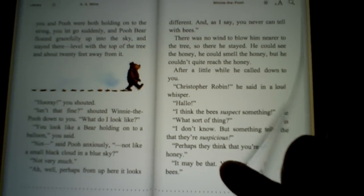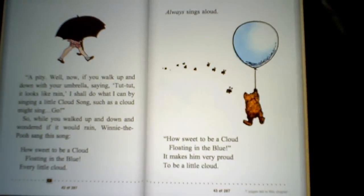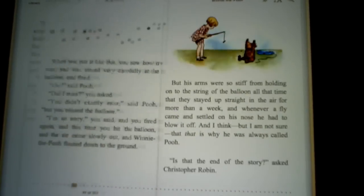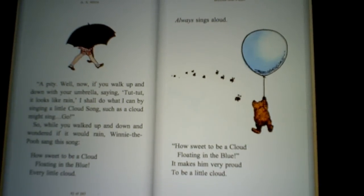So if I just turn a page here, you can see how natural that is. If I just do it so slowly, it animates as quickly as you like. You can just tap and do it, and you can tap back and get it to go back that way. So a lovely book. One problem I did have was I went to the store to try and order a